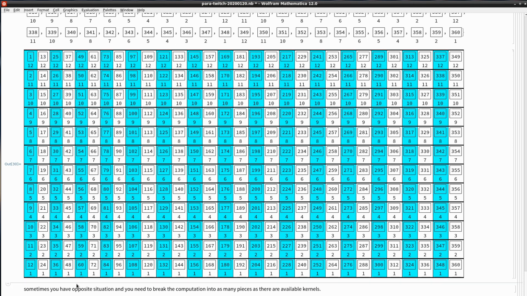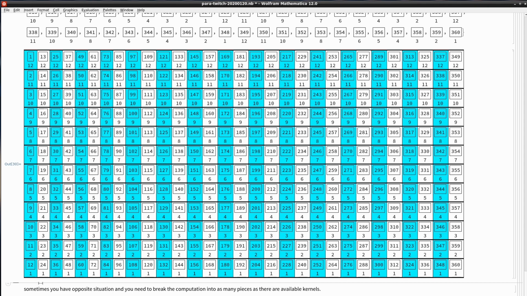So you see that every column is consecutive tasks, and every row is always the same kernel. In all of these diagrams that I'm showing here today, every row is always the same kernel number. Right? The first row is kernel 12, and the last row is kernel 1. Okay, and this is very useful when you have several tasks that are not too big, but they are varying